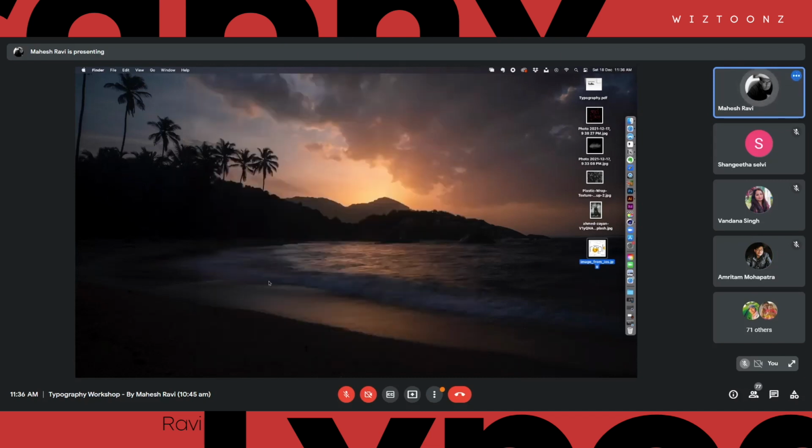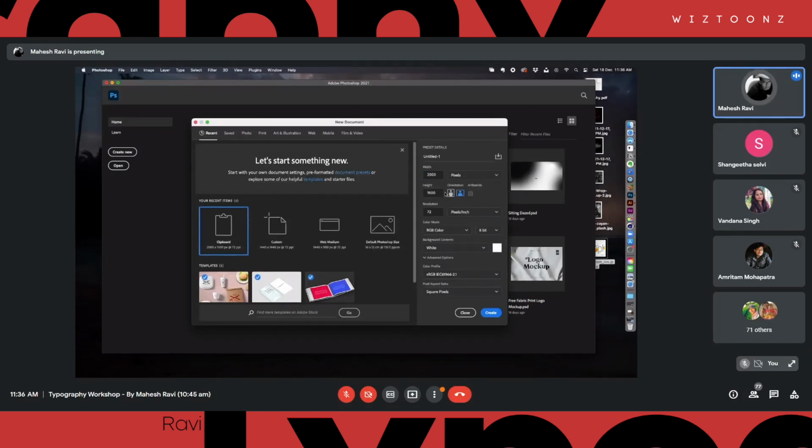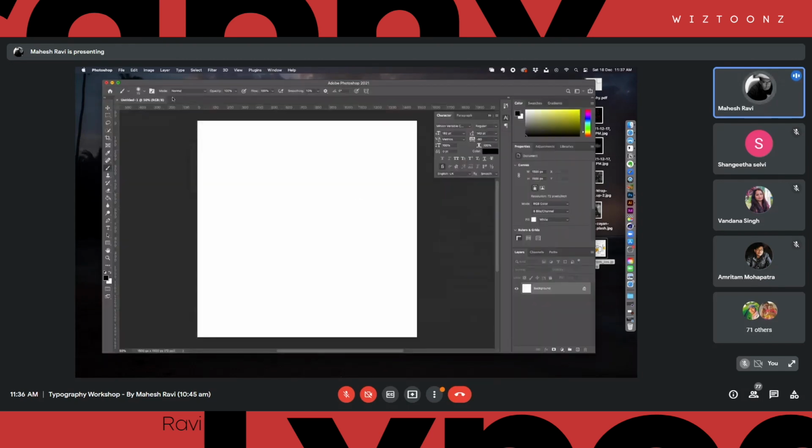So we are going to get into some exercises, and I'm going to show you a list of them, and how this can be a very effective thought to bring into your design. Maybe you don't have to take it exactly into a design, but these are some simple tips for your next design project. So I'm going to go to Photoshop and do the first thing there. I'm going to create a new document. 1500 by 1500 is good enough, 72 is okay, and click create. So we have a document here and we're going to play with something.